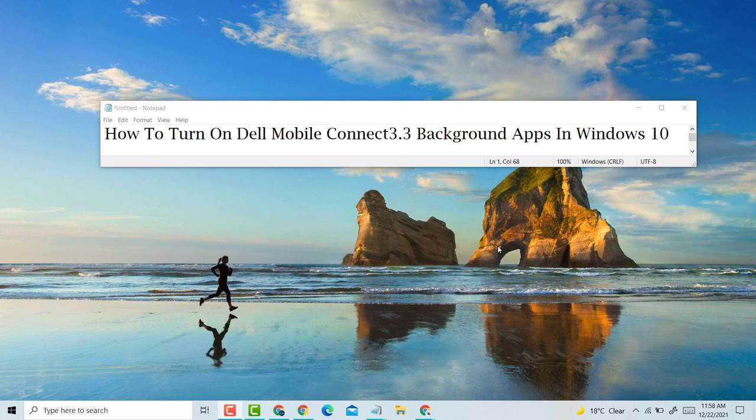Hello, welcome guys. Today in this video, I'm going to show you how to turn on Dell Mobile Connect 3.3 background apps in Windows 10 PC or laptop. So guys, if you want to turn on Dell Mobile Connect 3.3 background apps in Windows 10 PC or laptop,